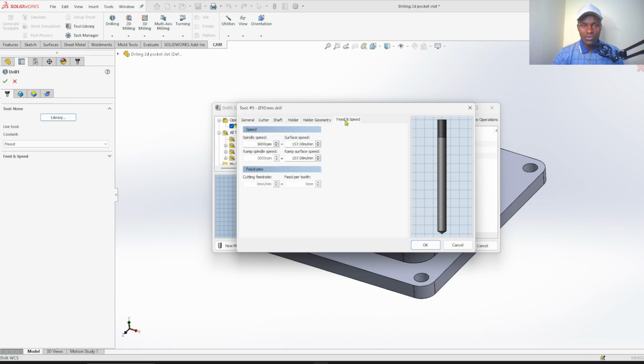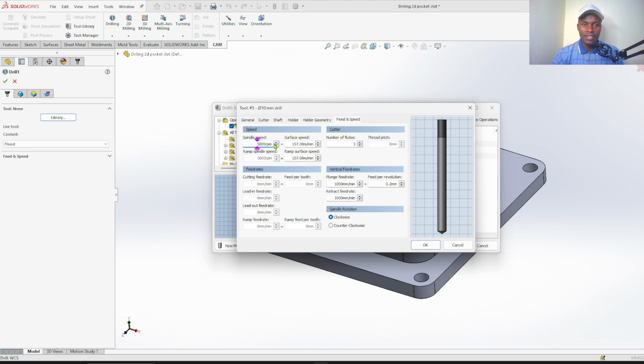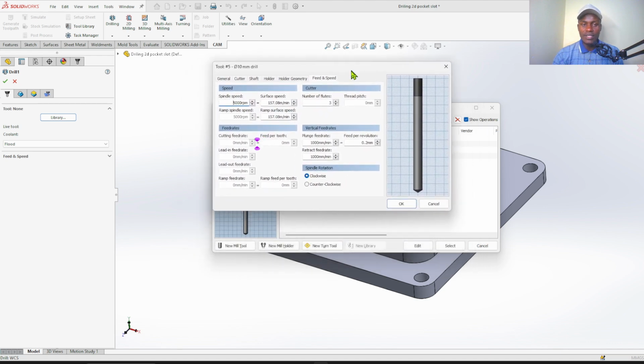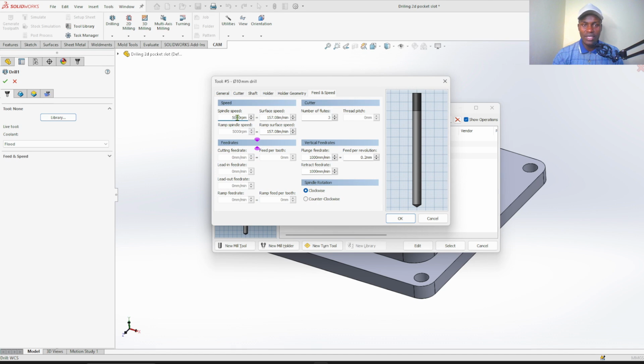We proceed to feed and speed. For a drilling operation, it doesn't need a very high speed, so we have to reduce to around 500 or 400 RPM. So you can use 400 RPM. Then there is plunge feed rate, reduced to 150.